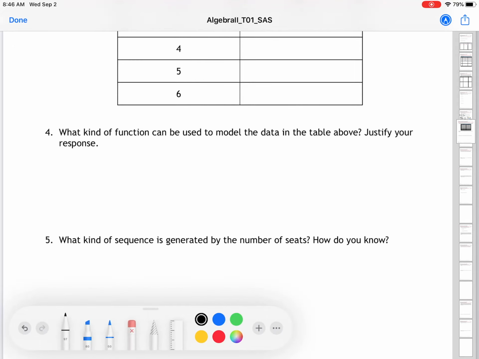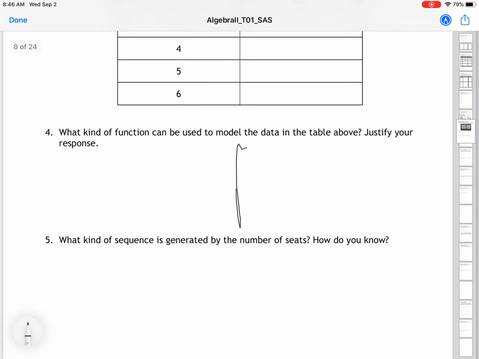What kind of function can be used to model the data in the table above? Okay. So, two types of functions. So, I want you to draw a line right down the middle of number 4 because we're going to have two